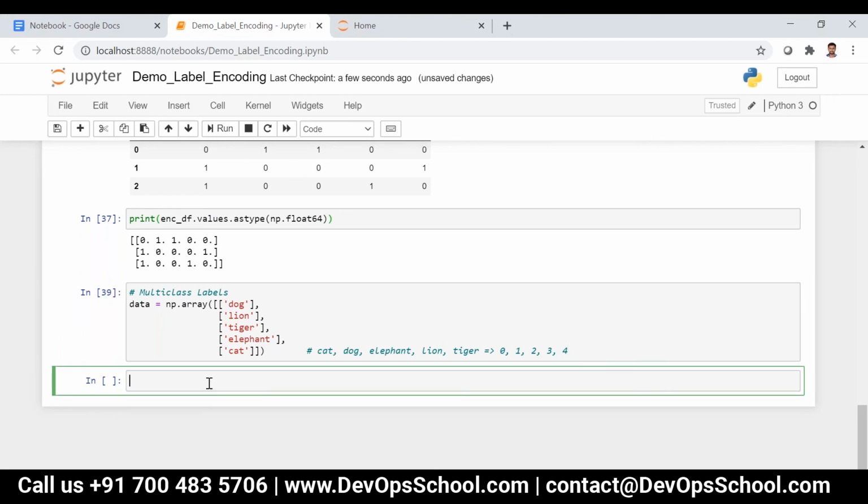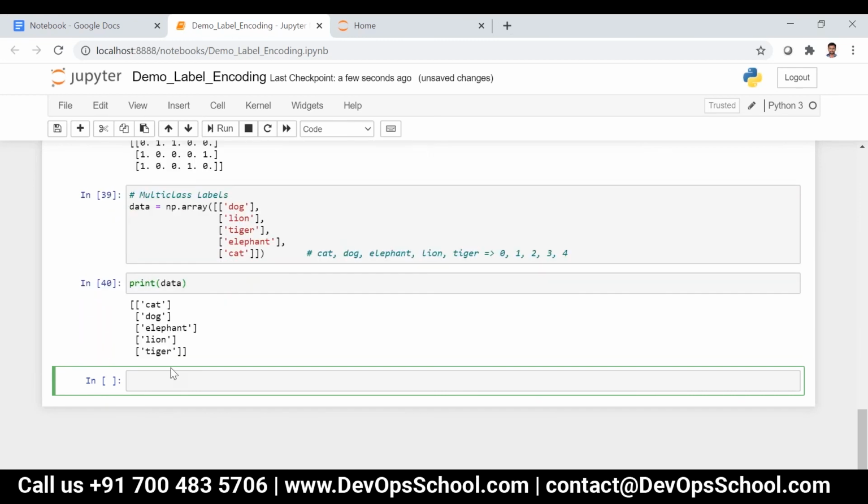Now if I print this data, I'll be getting the output like this.